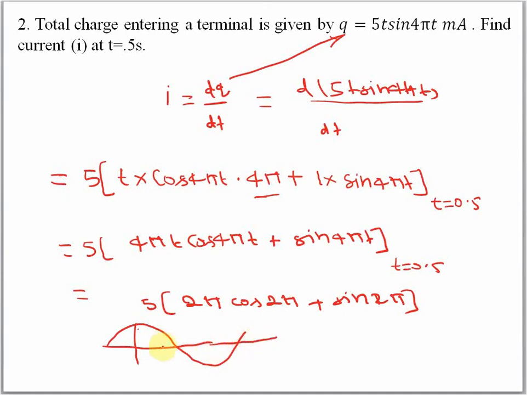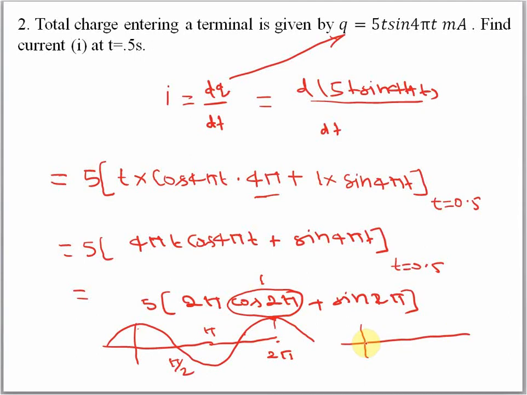Here we have this one pi by 2, this one pi, and this one 2 pi. So we can see from here that cos 2 pi has magnitude value 1. Okay, so we can put 1 here,